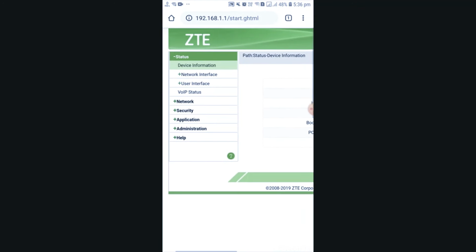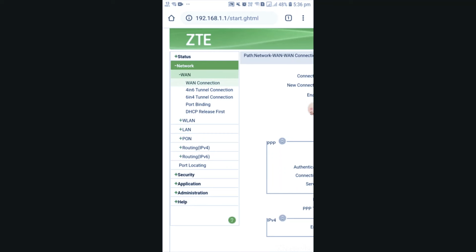You will get a login page like this. Here go to the network option, and in the same place you will get the WLAN option.